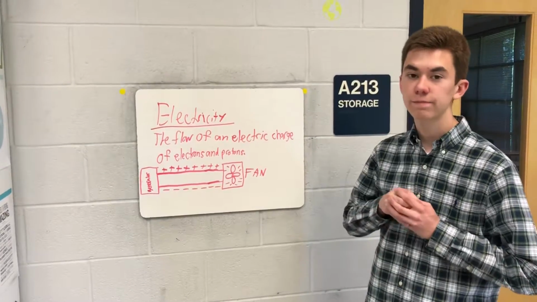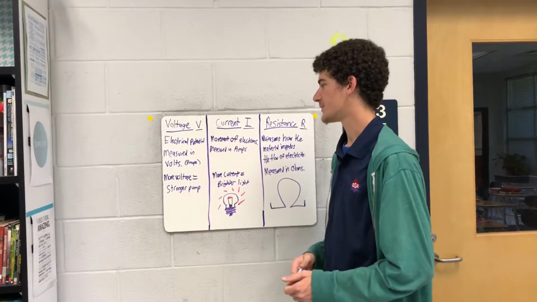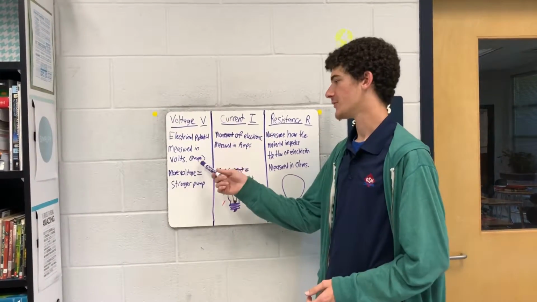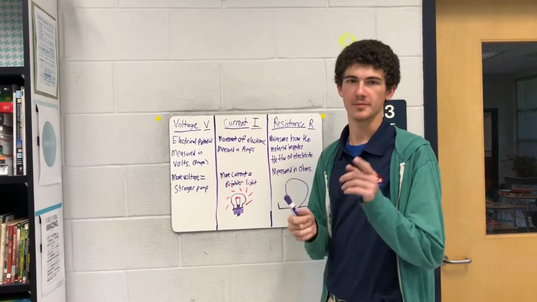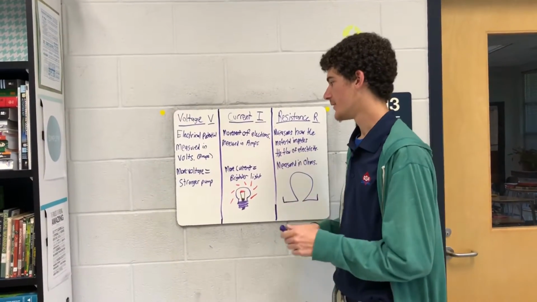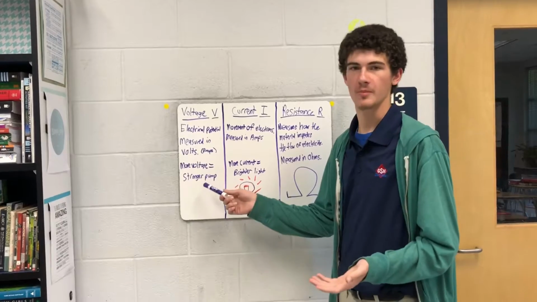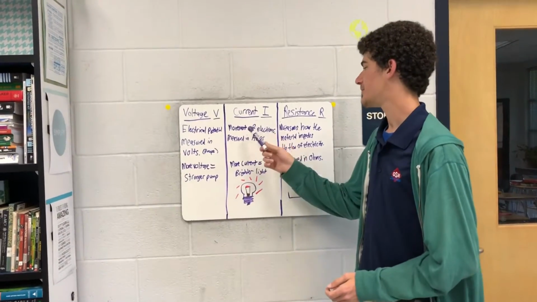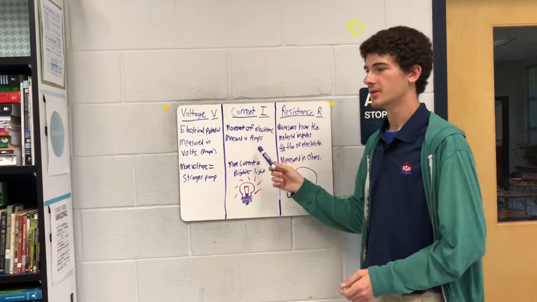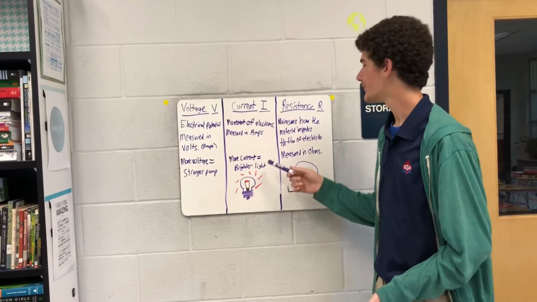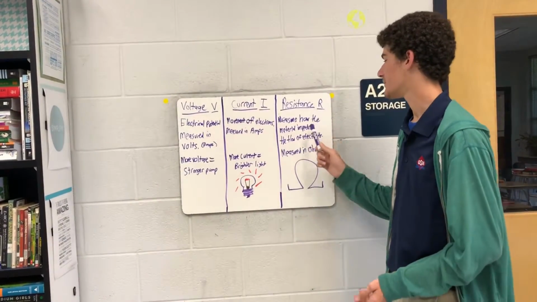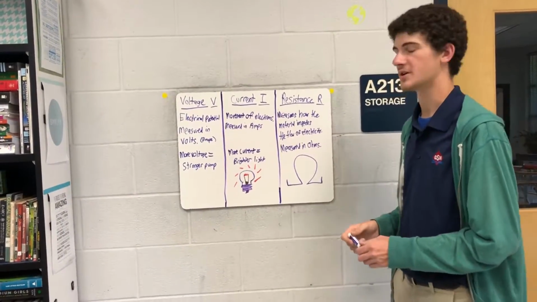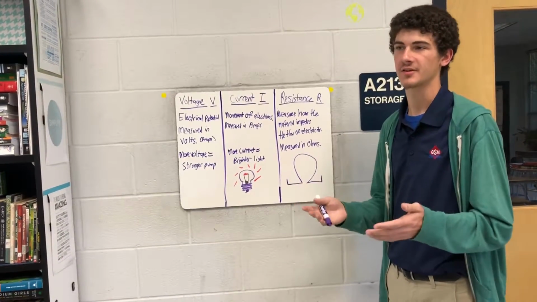other devices. Voltage is the electrical potential measured in volts, and voltage is actually calculated between the drops between 2 points in a circuit. More voltage will equal a stronger pump or force. Current is the movement of electrons measured in amps. More current equals a brighter light. Resistance measures how the material impedes the flow of electricity measured in ohms, so the amount of resistance going through